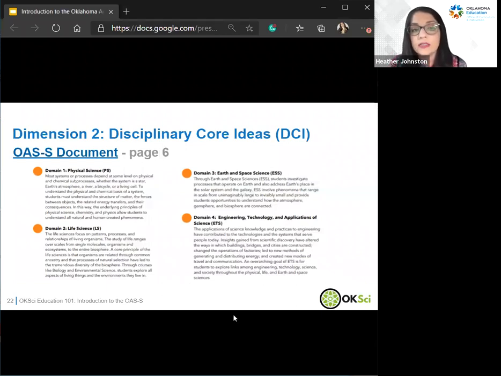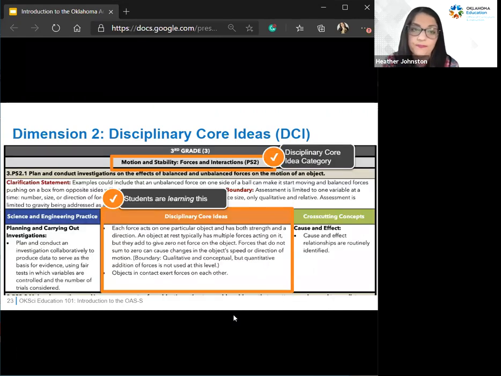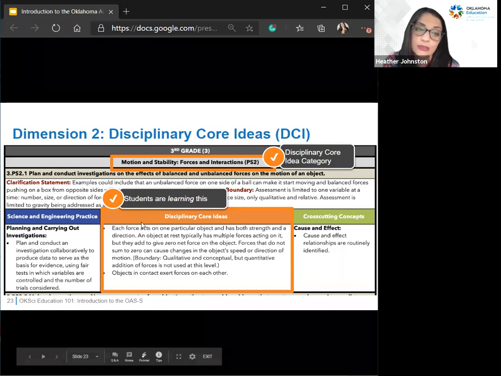Each of the disciplinary core ideas do have a brief description in the standards document. If you were just curious as to what physical science actually covers, or what the life sciences cover, that is in there, just like it was for the practices. And then you would want to look at your standard to identify grade level appropriate content. They are always bullet pointed in this middle box, and they are orange.